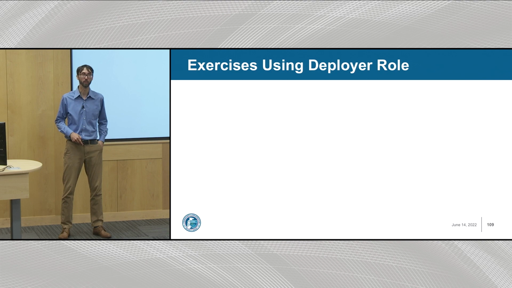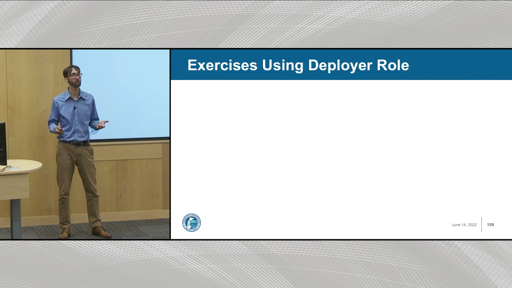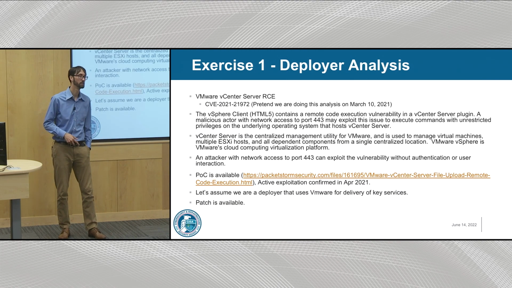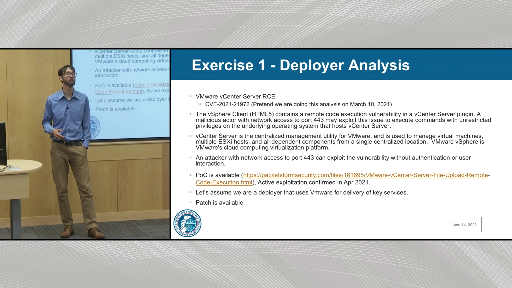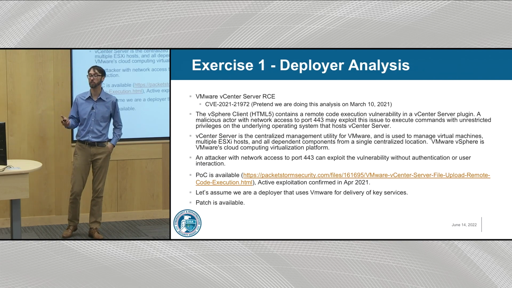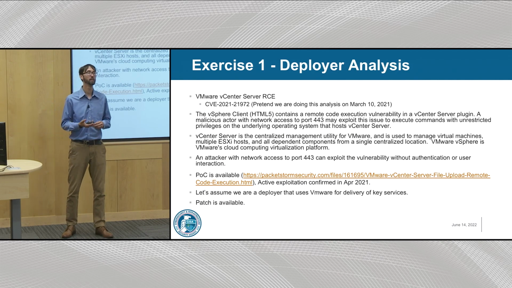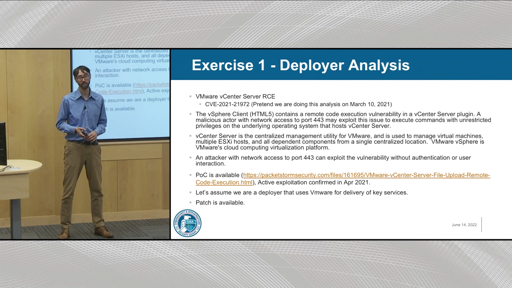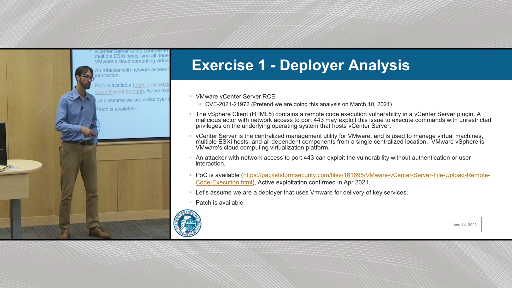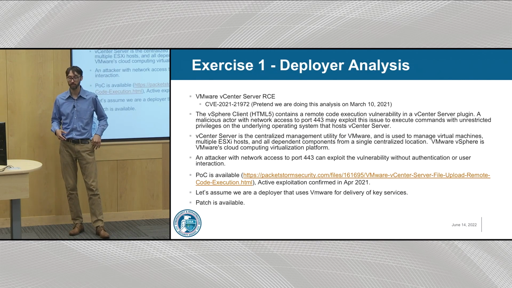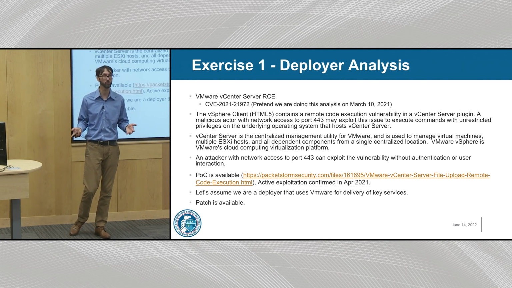So for the first example, if you're a deployer, if you're someone using vSphere, right? What do you know about it? Well, let's say that we are someone using this to deploy some sort of key service, but we know that the management interface on our virtualization server can be compromised by some specially crafted information packets sent to it on port 443, which, as a general rule, say that we have rented out or otherwise share some of our virtualization